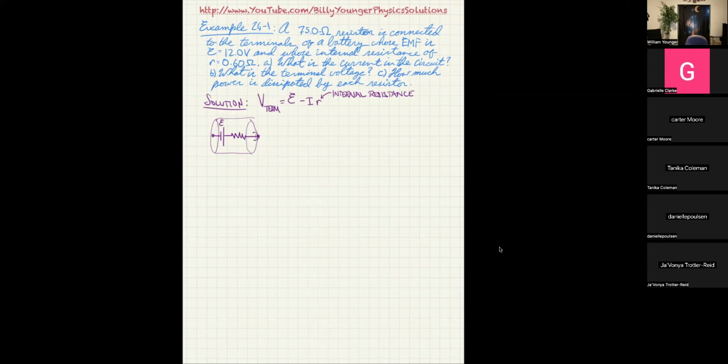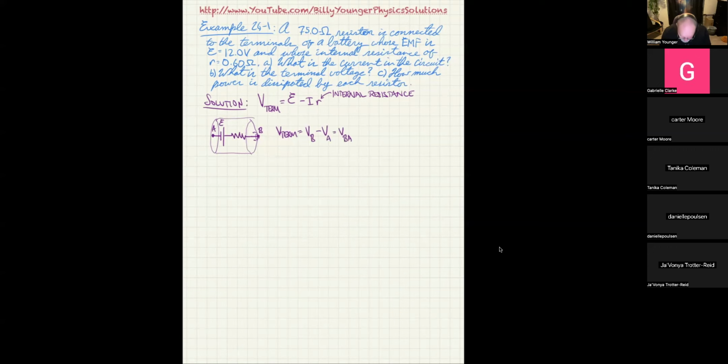And this would be a little terminal up here. And this point would be A, and this point would be B. And then you'd say V terminal is equal to VB minus VA, which we'd also call VBA. So that's some more terminology for you that we used, and just reminding you what it was from this chapter